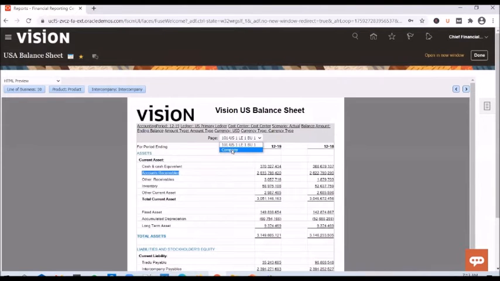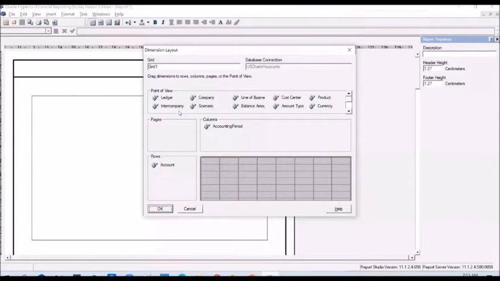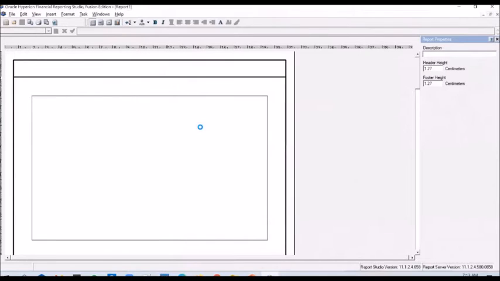And these two options are the ones that are selected while running the report. So when we executed this report, we got a prompt wherein it asked us to select the company segments for which we want to view the balance sheet report. We went ahead with the seeded ones. So that's why you're seeing the default company segments in there. So as a page, yes, I want to select the company segment. So I want to have accounts as rows, accounting period as columns, and company segment as pages. Click OK.